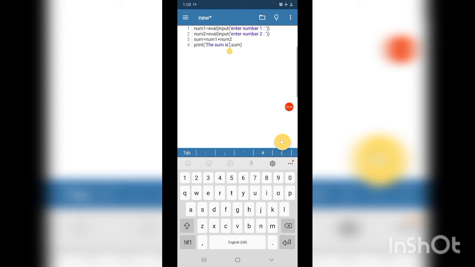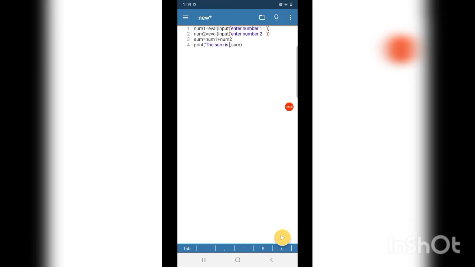What happens in the print function is that whatever is enclosed in single quotes will be printed as it is. Then after that put a comma and then sum, the variable called sum, which is not enclosed in single quotes or double quotes.